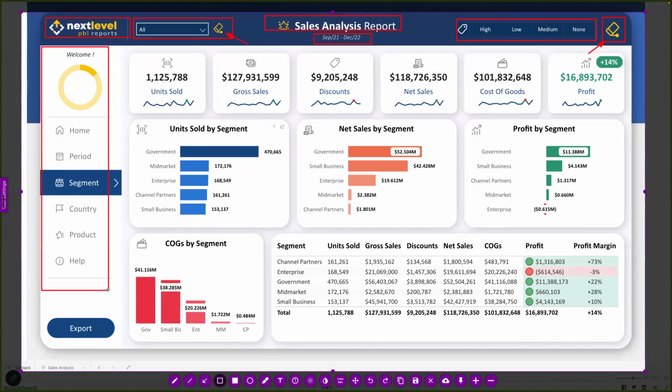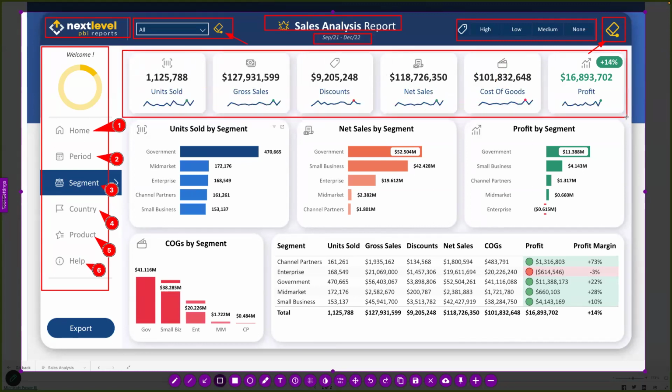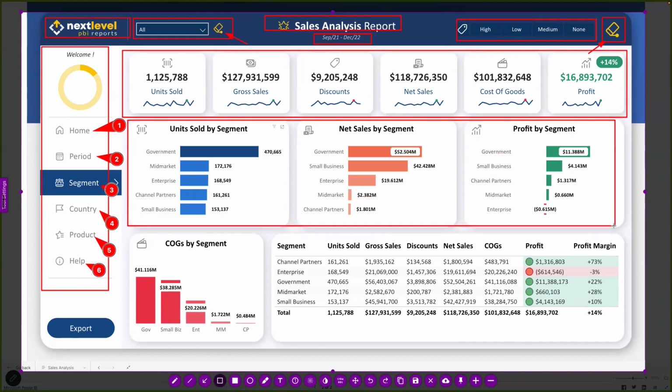There is a navigation pane here if you're having multiple pages. Because when you realize here, this person had 1 page, 2, 3, 4, 5, and another page which is a help page. Then we come now to another block, which is scorecards. Then we come to another block that is giving us comparisons,